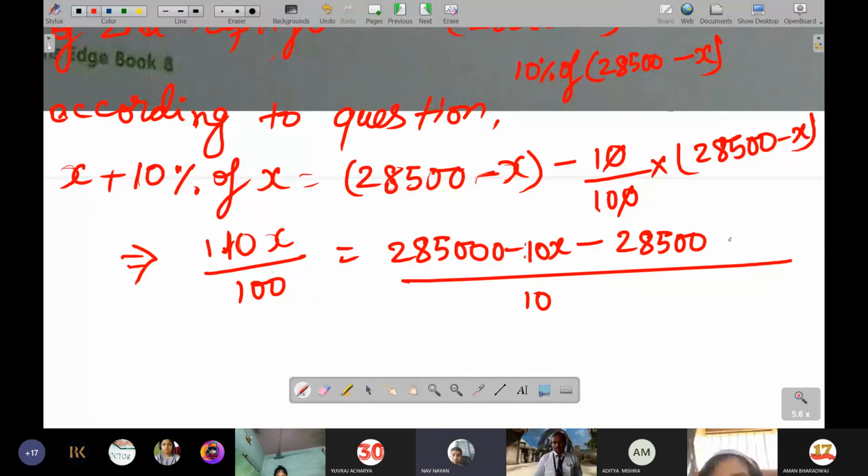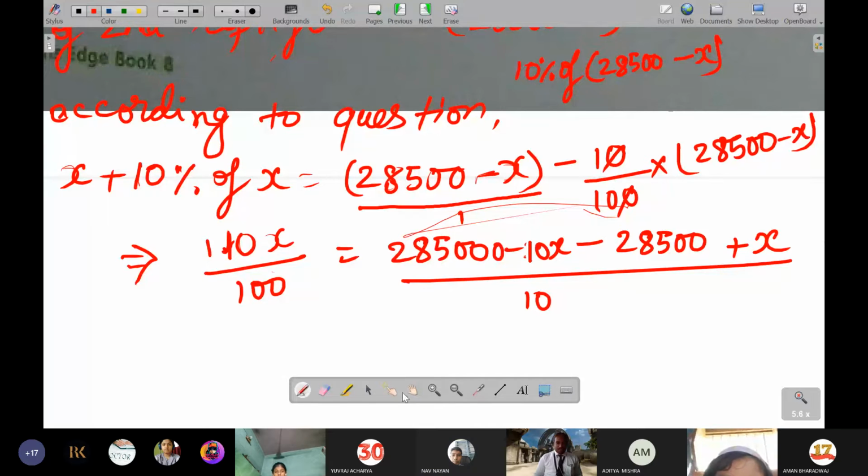Sir, only 0020 will be there, sir. You have written 3 zeros, sir, 285000 in starting. Yes. Why I had written that? Do you know? Because here it was 10, I had taken because fraction ahead of all. So that's why with LCM, 10 it has been multiplied. I had made it over here 10, below 10. Got it? When you take LCM of fraction, if nothing is below there, then there is 1. Dividing 10, it will become 10, understood, sir.